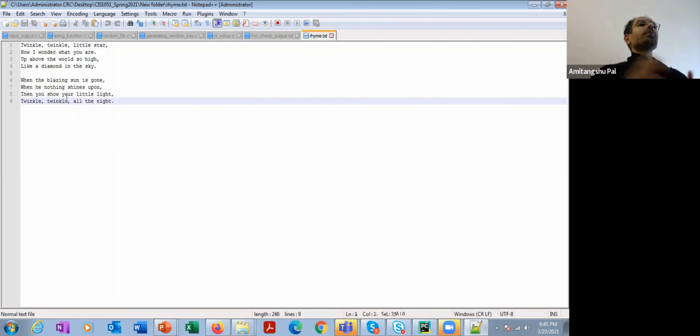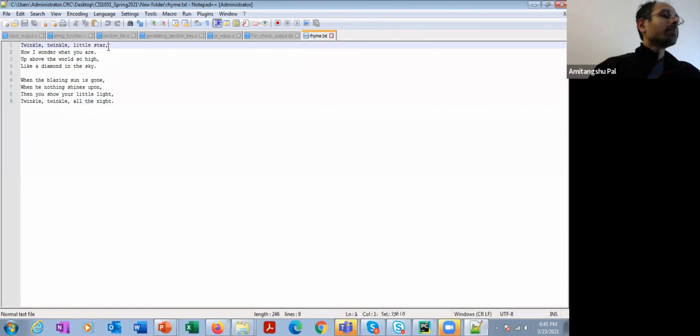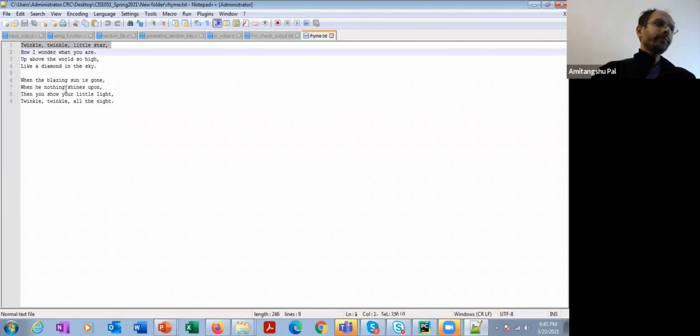It is going to read the lines from this file, and then it is going to store all the different words in a set. As the set consists of unique elements, if you print the set, it is going to give you all the unique words.